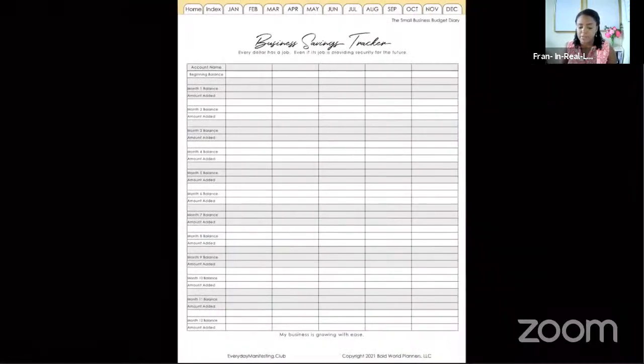Next is your business savings tracker. Again, every dollar has a job, and the job could be providing security for the future of your business, right? So here you have an account name, and you put the last 4 digits, and then the beginning balance, and you put the month here. Oops, I put Jan. You know I meant January. And then your month 1 balance, the amount you added. You can even put if you took some money away, and then your balance for month 2, and you just kind of go along. The months are not added in here because you can start at any month that you want to,